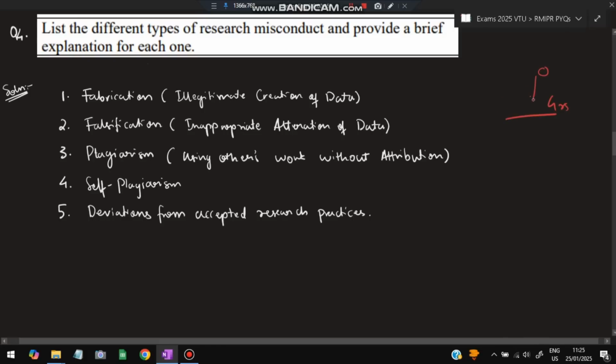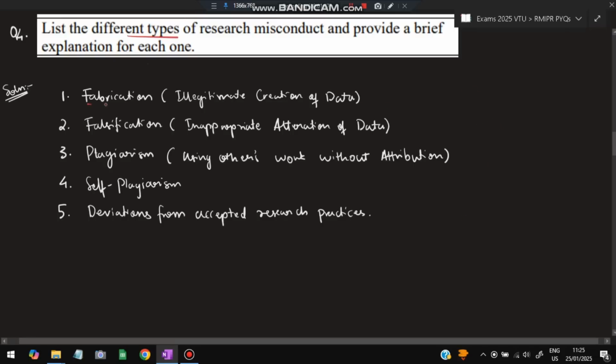So it will not solve the problem, it will create conflicts. Okay, like that only when research misconduct happens, when we do the research dishonestly by lying or putting some kind of false information, at that time the losses will happen. Okay, so what are the different types of such research misconduct that happen in the industry?